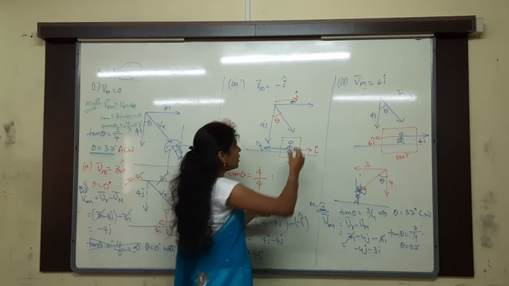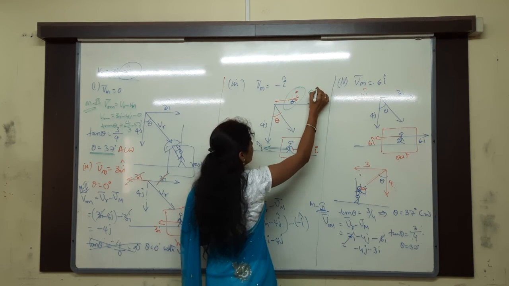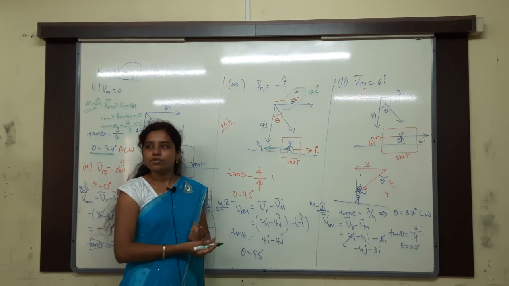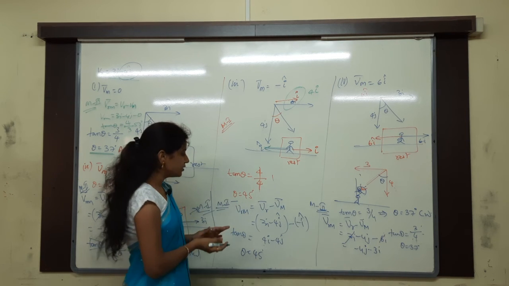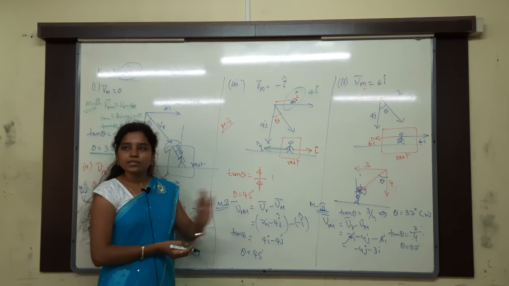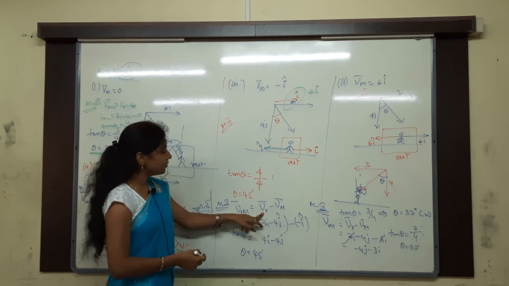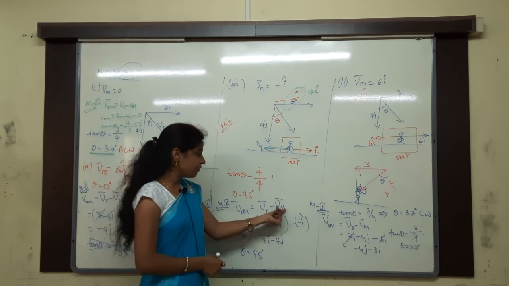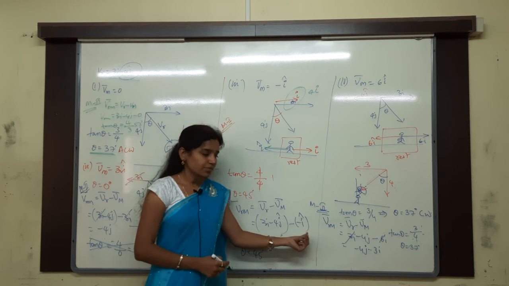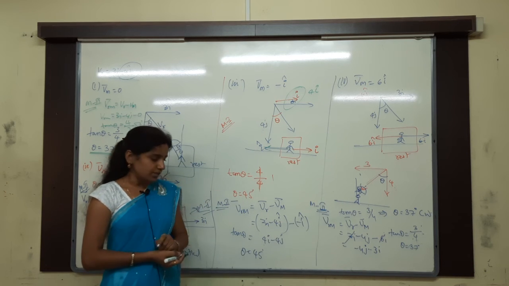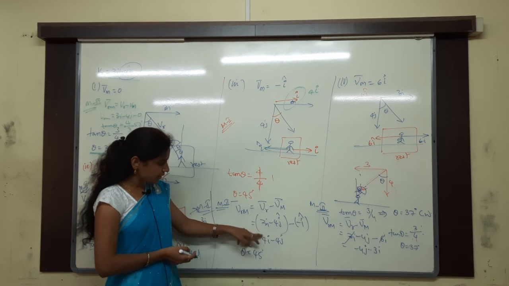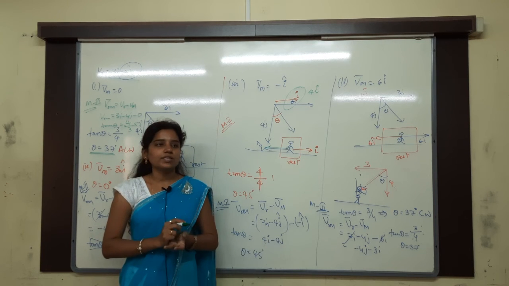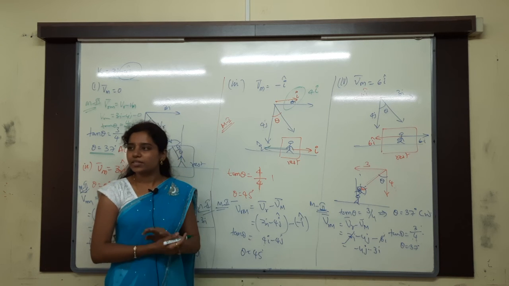Yes. So the total horizontal component is how much now? 4i. Vertical component is how much? 4j. What is the angle there? Theta is equal to 45 degrees. Otherwise, VRM is equal to VR minus VM. VR is 3i minus 4j, as given in the problem. Minus VM is how much? Minus i cap. Minus of minus becomes what here? Plus. Then what is remaining here? 4i and then 4j. Horizontal and vertical are both equal. So what is the angle? Theta is equal to 45 degrees again.